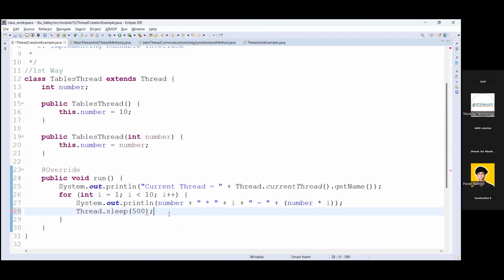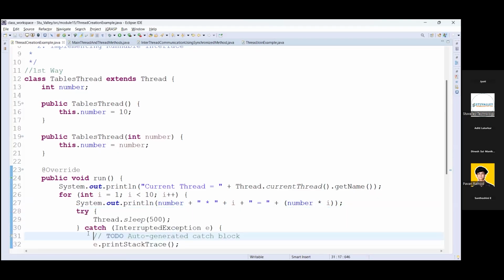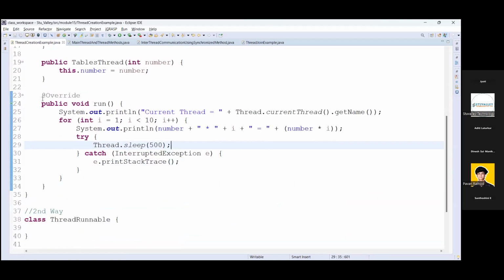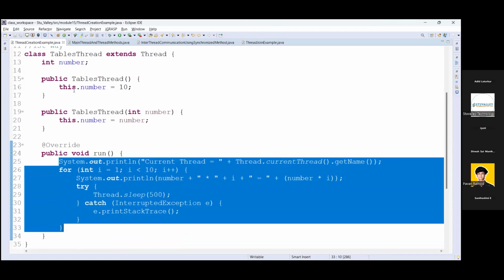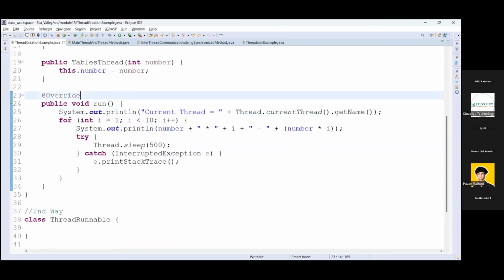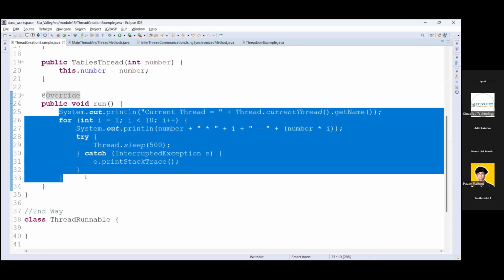So after 500 milliseconds, it will go for the next iteration. So this throws the exception, so we need to catch that exception. That is an InterruptedException. This is the run method I am using for this particular TablesThread. Okay, that means this thread will perform calculating the table of given number.